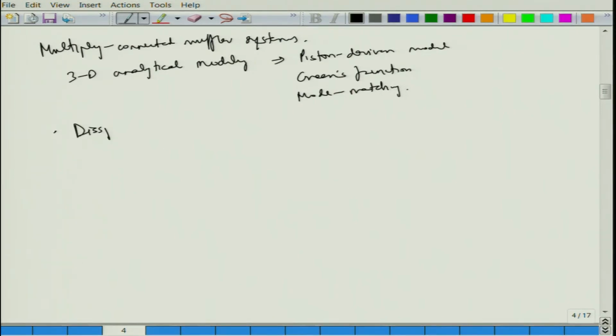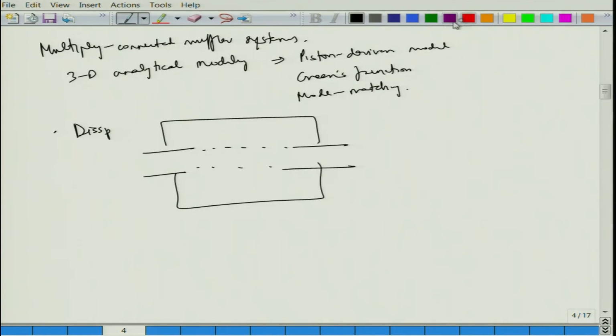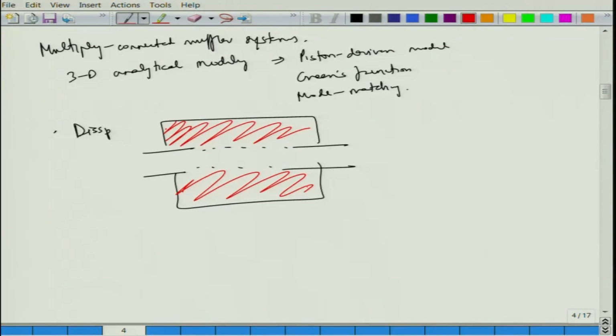And then we had an introduction to a dissipative muffler system like this. I just ran some MATLAB codes to demonstrate what was going on if I fill this up with a dissipative material. So, we covered a lot of topics, but mean flow was by and large not quite included here. Mean flow wasn't included, but I guess we have covered a lot of ground, but there are things that could not be covered because of lack of time in this course, such as detailed development of equations and MATLAB demonstrations. Some of these topics have to be covered in a future course,